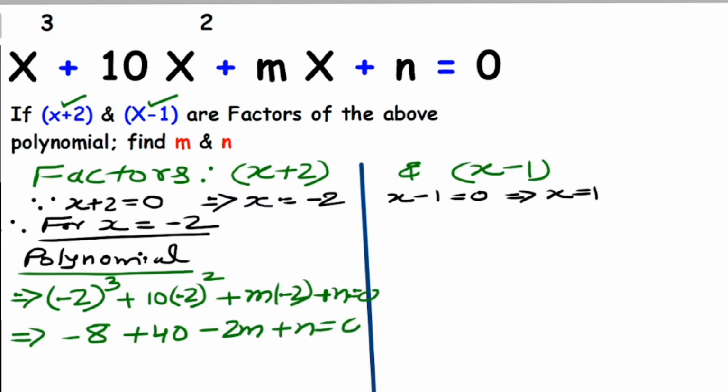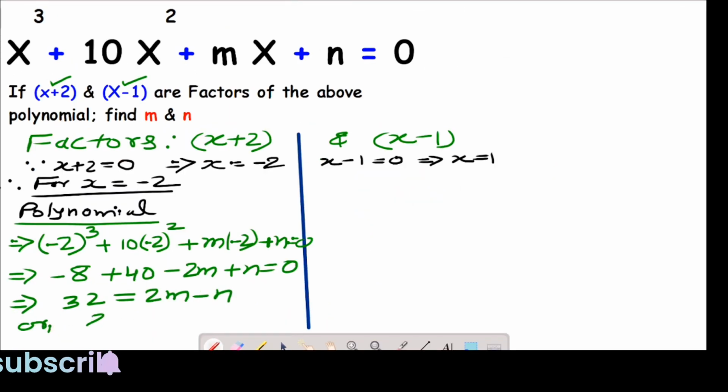This will give you 40 minus 8 is 32. So this will give you, just bring 2m and n on the other side of the equation, we get 2m minus n is equal to 32. So this is our equation number 1. Let's say this is equation number 1, right? This is equation number 1 when we put the value of x as equal to minus 2, considering x plus